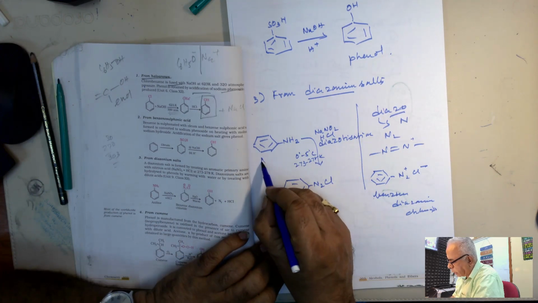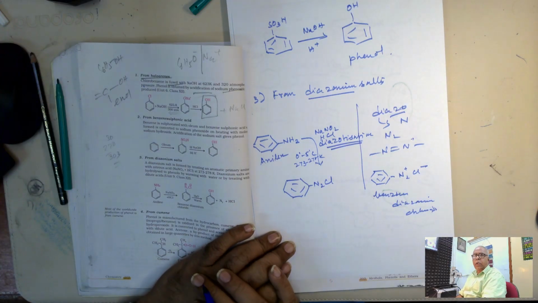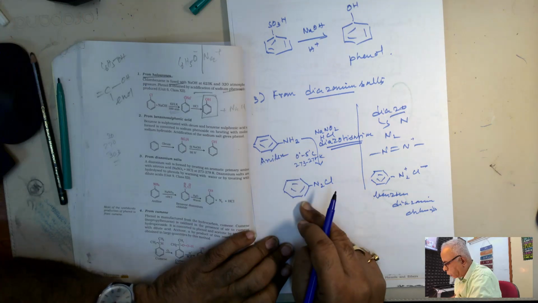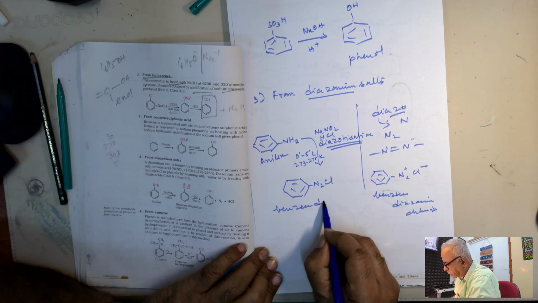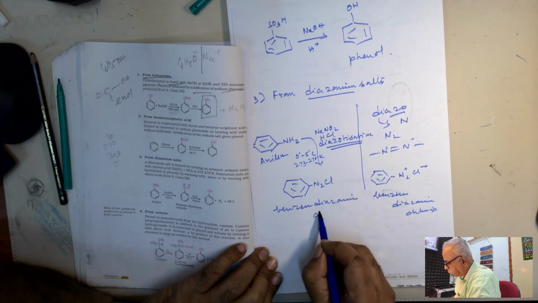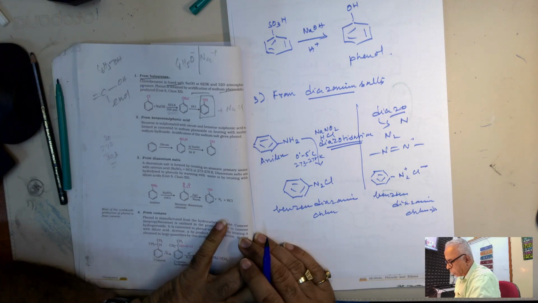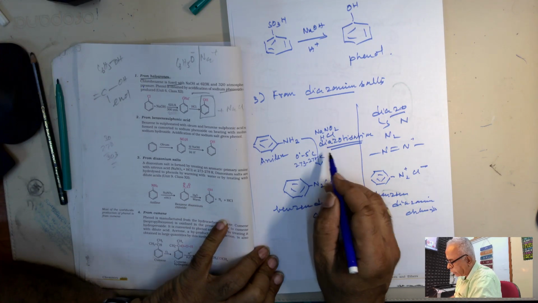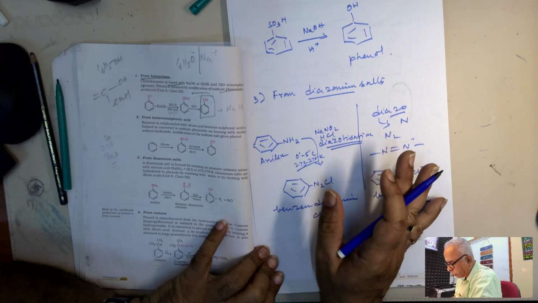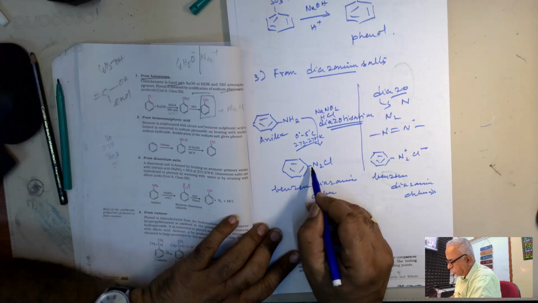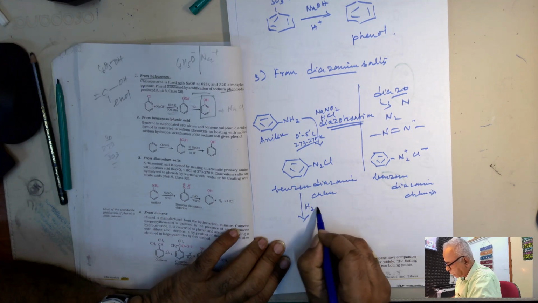What is the name of the reaction? This is called diazotization. So you are converting aniline into benzene diazonium chloride, and that is why it's called the diazotization reaction. Okay. So what is the temperature? 0 to 5 degrees Celsius, in terms of Kelvin, 273 to 278. Never forget this temperature. Okay, so once you are able to get this, from this you can have hydrolysis with